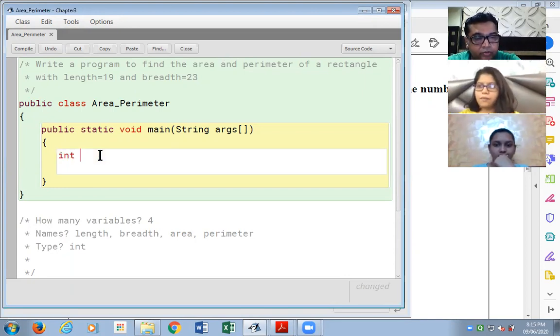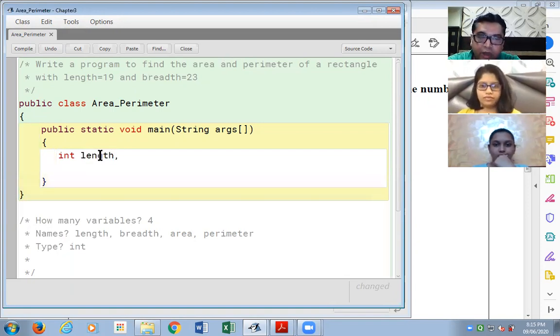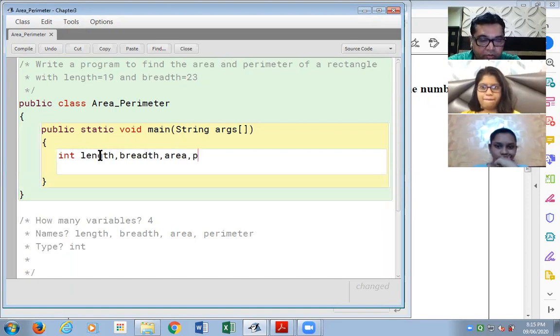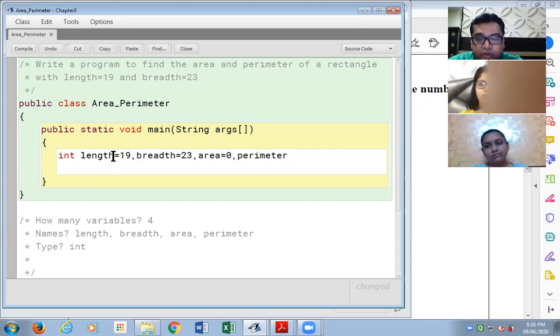Integer length, I'm naming them as length or L, breadth or B, area or A, perimeter or P. These are my variables. Length equal to 19, breadth equal to 23 given to me in the question. Area we have to calculate, so we initialize it with 0, perimeter we have to calculate, so we initialize it with 0.